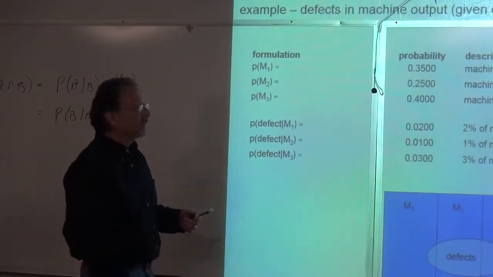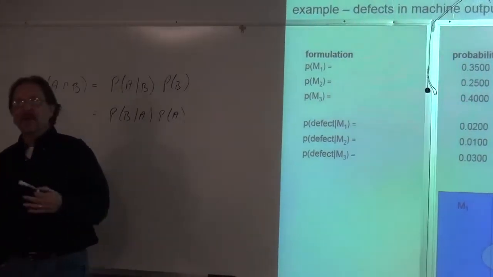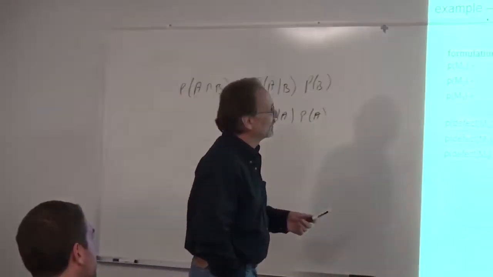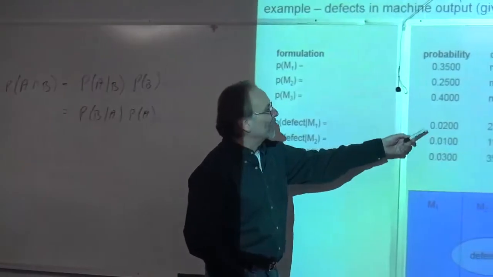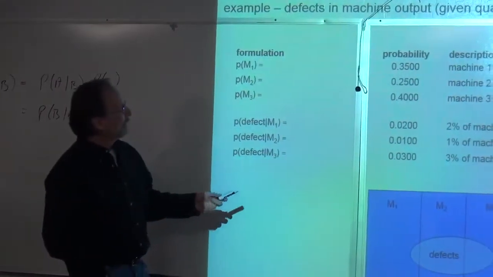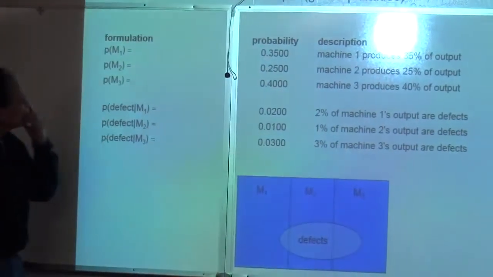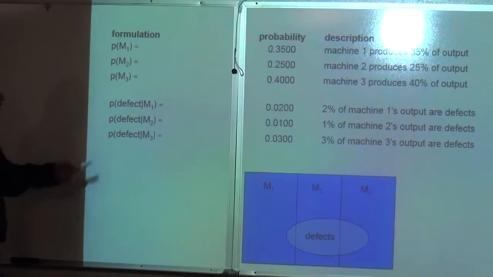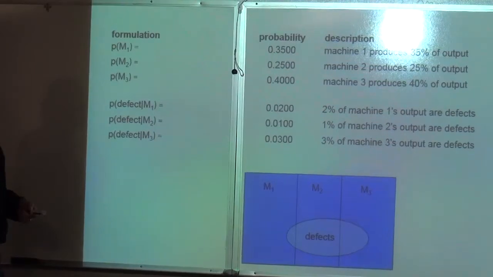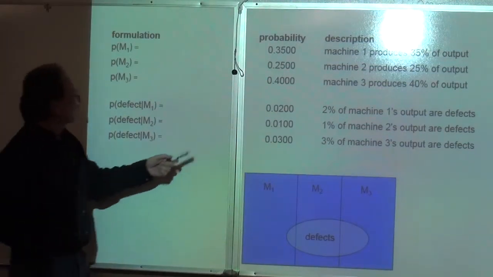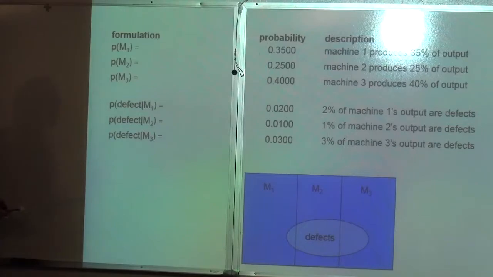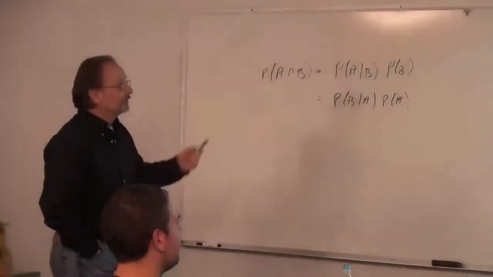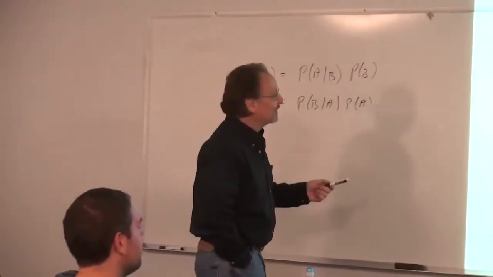Okay. I can observe the defects that result from each one of our machines. Machine 1 has a defect rate of 2%, and that results in a probability of 0.02. Machine 2 has a defect rate of 1%. Machine 3 has a defect rate of 3%. Notice I resisted calling it 1%, 2%, 3%, although that's what I started out with until I realized what I was doing. So now we have conditional probabilities.